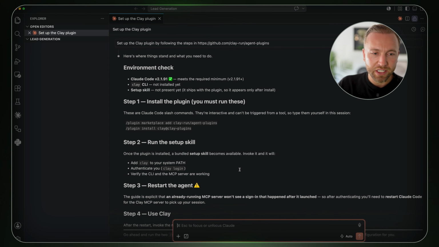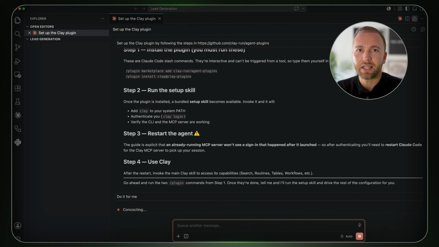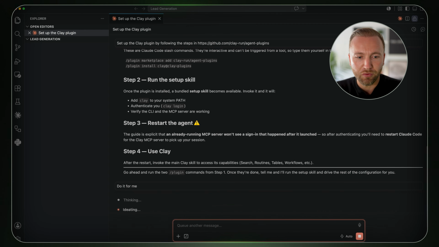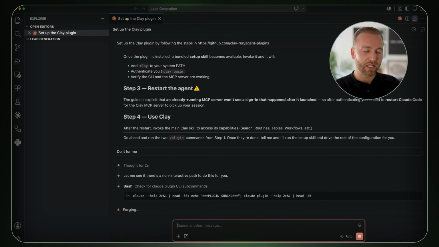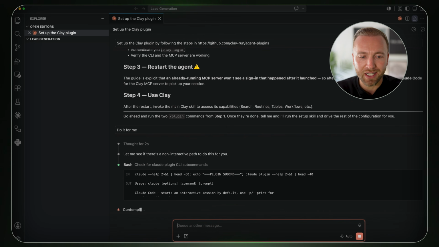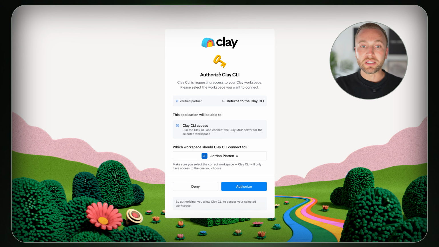So now it's telling me we actually need to install this via the terminal. Although, just a little hack for you, all we need to do is say, do it for me. And we can allow Claude to just go ahead and run that prompt in the terminal itself. Or if you like, you can bypass the need to do this and just paste it in the terminal first time round. But I'm trying to make this video as easy as possible for those of you that are complete novices to this interface. Now, while setting up, Claude has thrown up the Authorize Clay CLI window